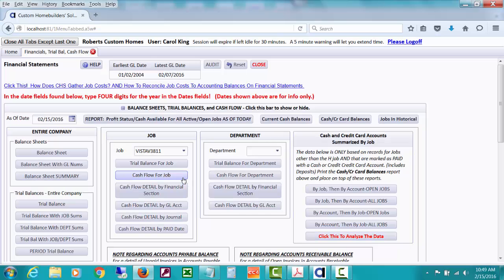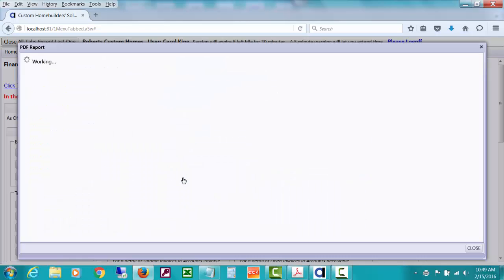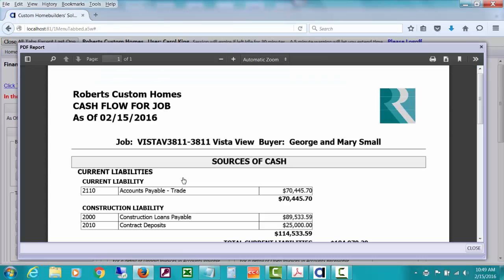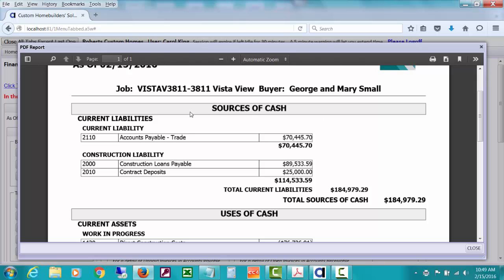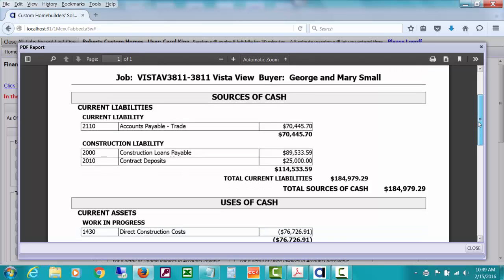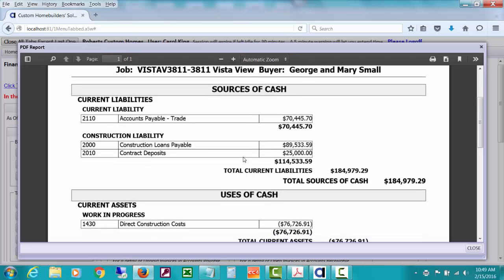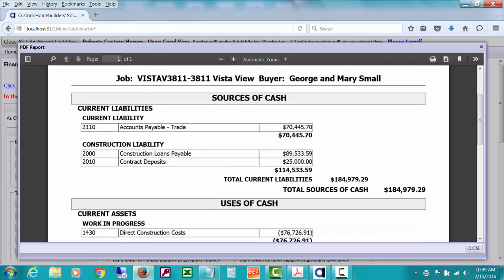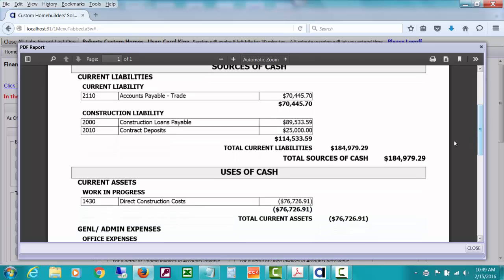Then you can also do a cash flow for a job. Cash flow accounting-wise is sometimes a little bit hard for some people to understand, but I'm going to explain. First of all, you're going to see sources of cash, and sources of cash are quite often liability accounts, or there'll be sales accounts, that kind of thing. But in our custom home world, the reason your open accounts payable that aren't paid yet are considered a source of cash is because under uses of cash, anything posted to this 1430, even unpaid ones,